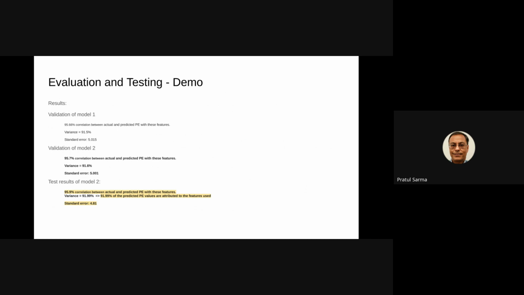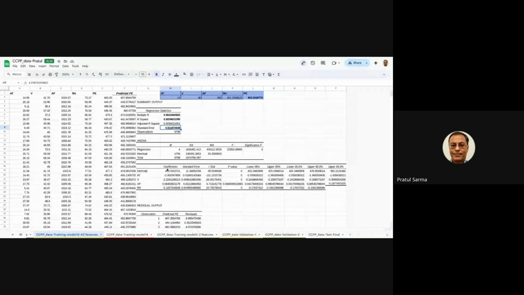Now let's go to the actual model. I'll give a short demo on how I have done this modeling and also the validation and testing. With all four features, I ran multiple regression and plotted the output and had the prediction also here in column F. So the multiple R value basically says